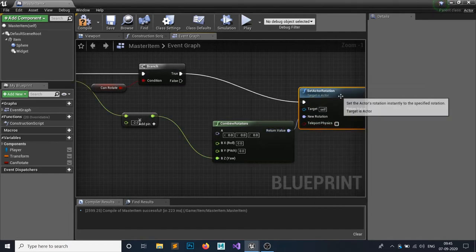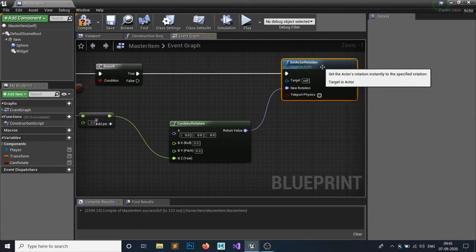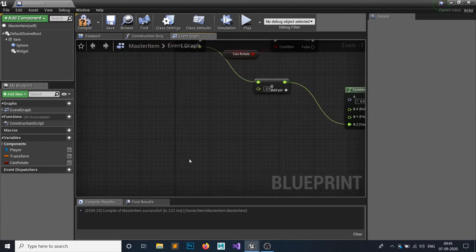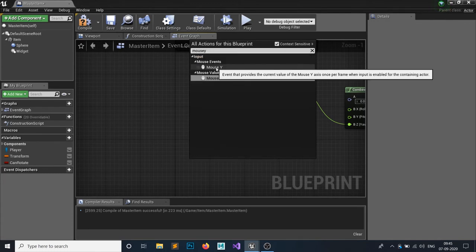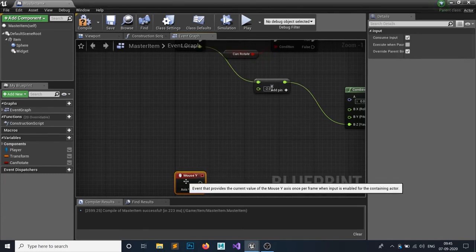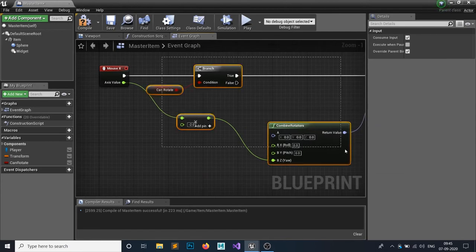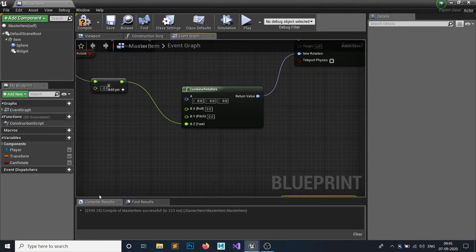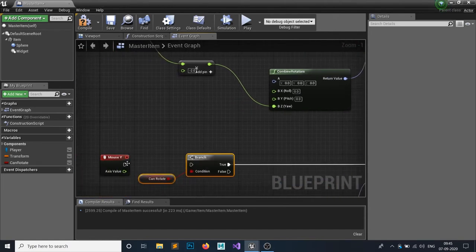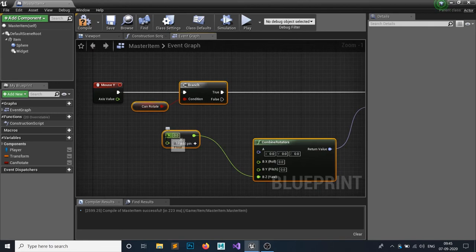and in the true part, like this. Let's add another input, mouse Y. Just copy and paste this stuff, Control C, Control V, and we want to attach this to here.